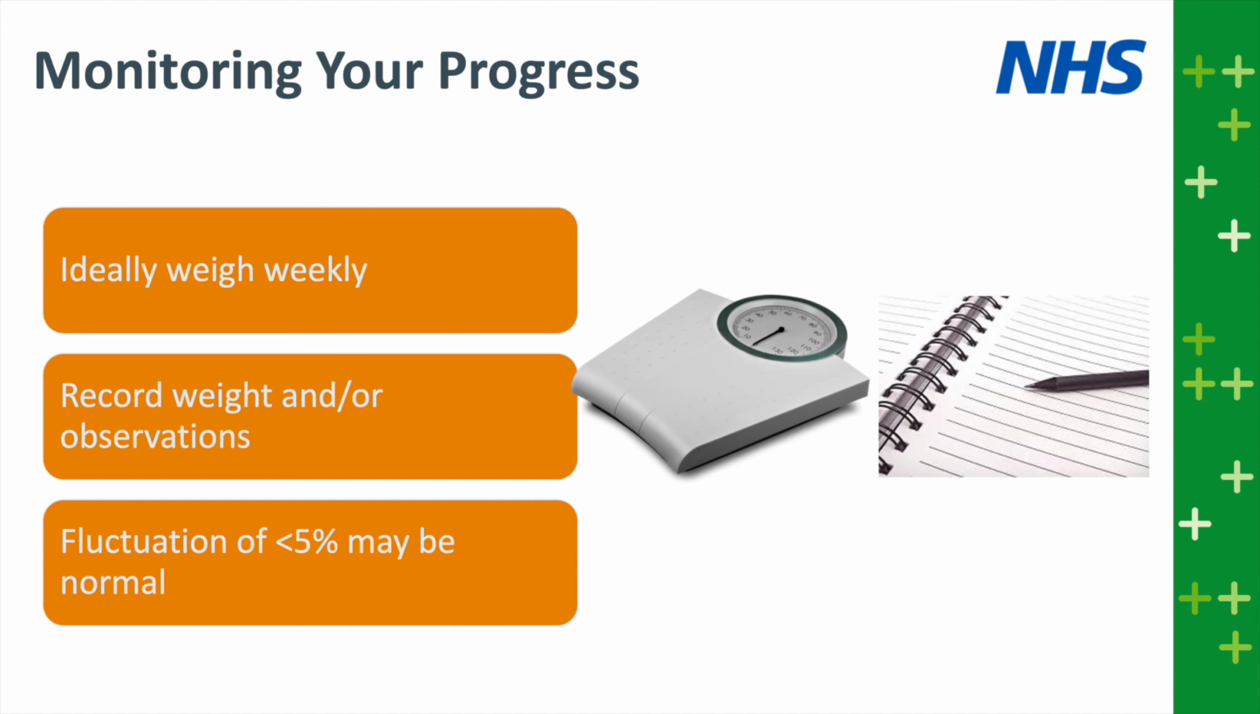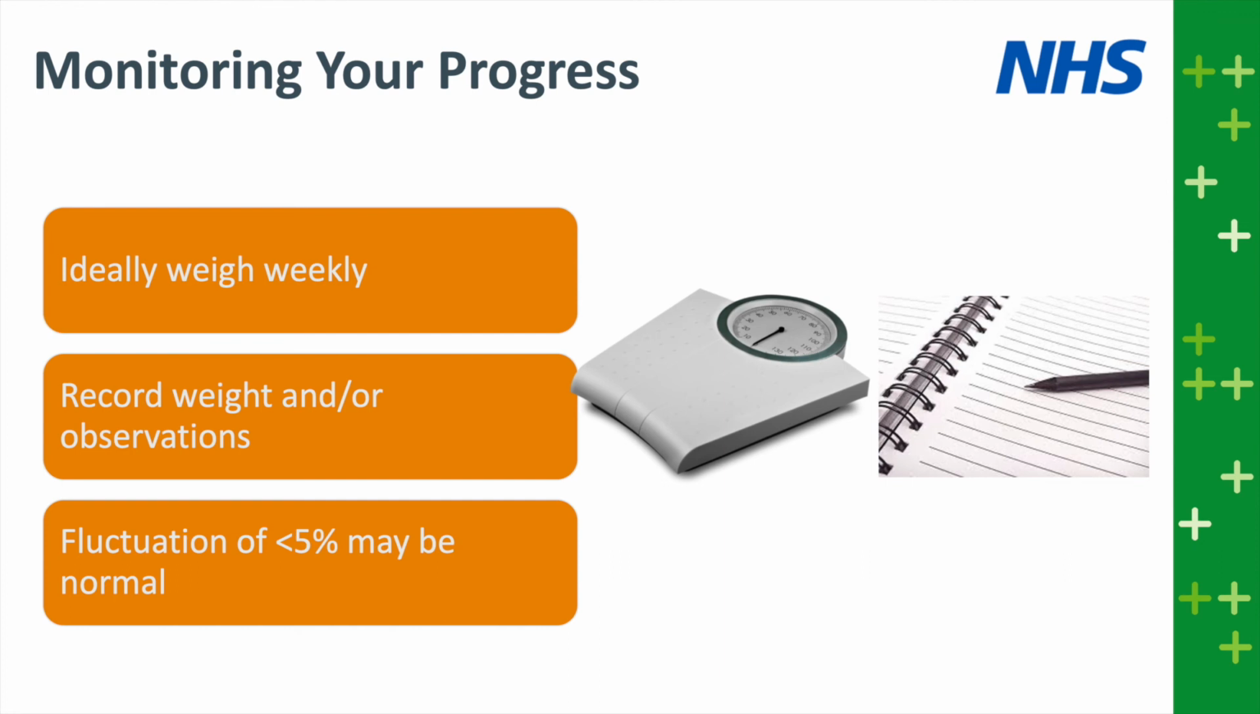I would suggest using a reliable set of scales either at home or if you can access one at your local chemist. Also, it's important to note any observations, particularly for those who are unable to weigh themselves. For example, if you notice any increased fatigue, nausea, vomiting, loose fitting clothing, or a noticeably reduced intake which isn't improving. And then we would suggest bearing in mind that a fluctuation of less than 5% body weight can